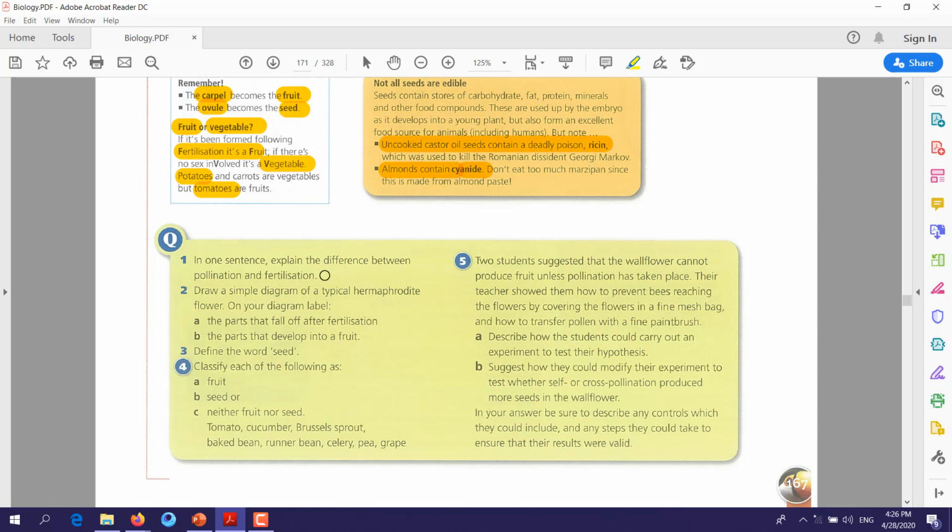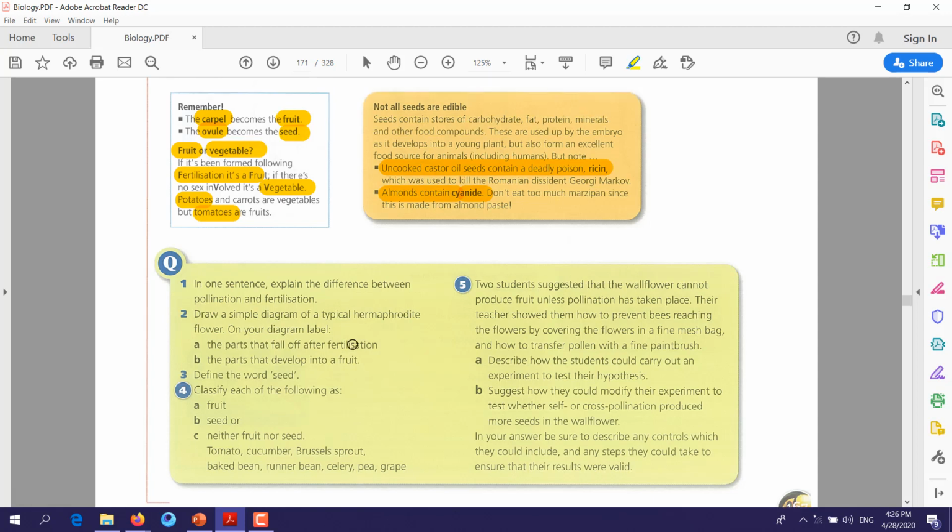Question number 2. Draw a simple diagram of a typical hermaphrodite flower. On your diagram, label the parts that fall off after fertilization, and the parts that develop into a fruit. When you draw a typical hermaphrodite, we said it's a plant that will have both male and female reproductive organs on the same plant. Now, for the answer for the A, when you draw them, label the parts that